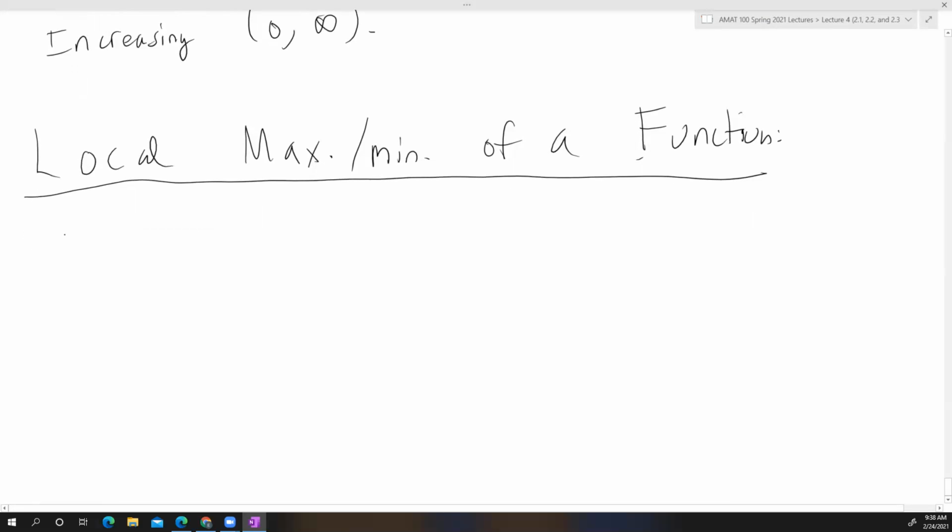So we have a function, again, it's from A to B. The first part of this definition is a definition of a local maximum. So the function f has a local maximum value